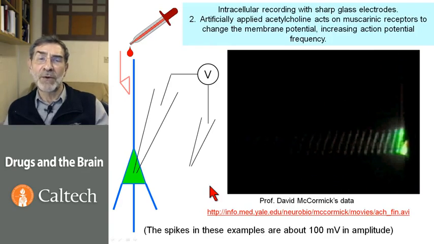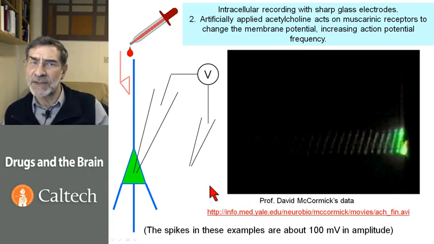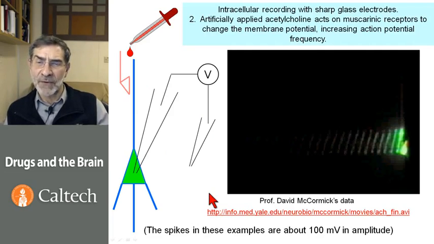So what do we learn? We learn that drugs can do things that other neurons can do, that we can perturb a neuron's firing frequency, that most important aspect of its function with a drug, in this case acetylcholine, and with many other types of drugs. And we learn, of course, that electricity is the language of the nervous system, and that in particular, the frequency of impulses is vastly important.